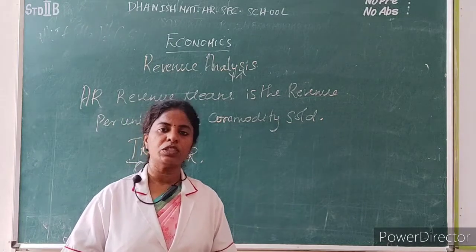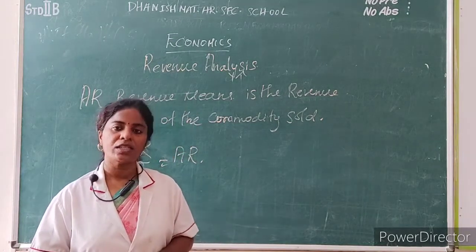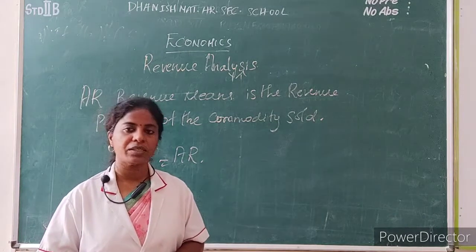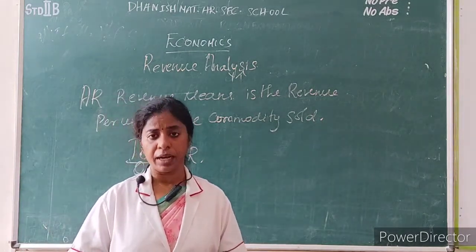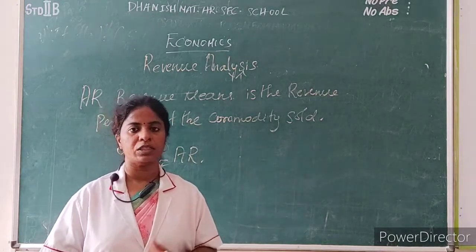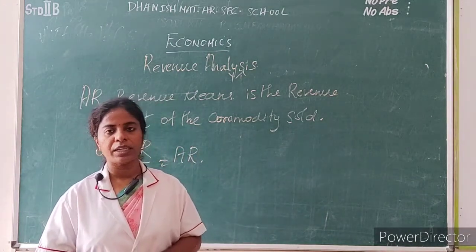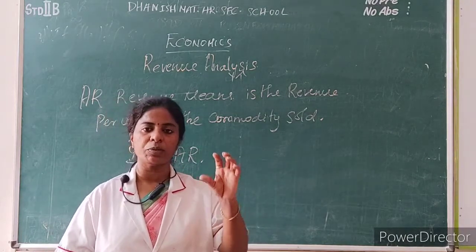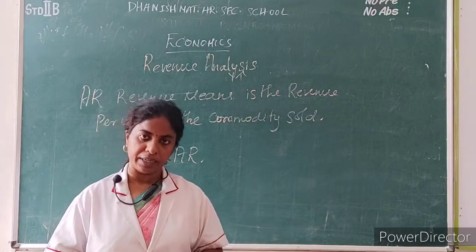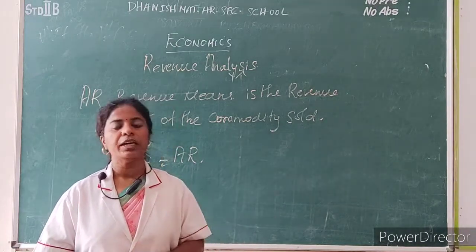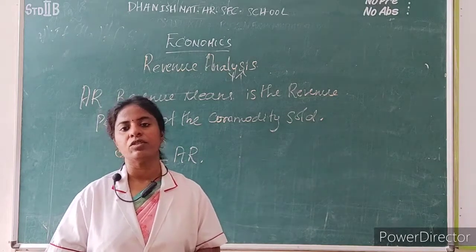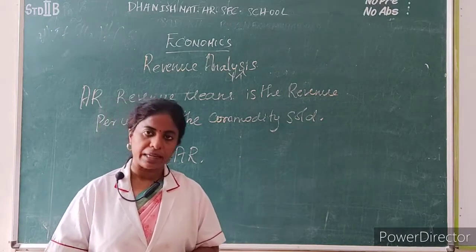This total revenue is classified into constant price and declining price. Under constant price, the price remains constant. But under declining price, the price will start to decrease. Okay. So why? What is the reason? If a producer or entrepreneur fixes the same prices till the end, the demand will not be created. So profit will not be received. So for that reason, the price will start to decline. So that's why it is called a declining price.